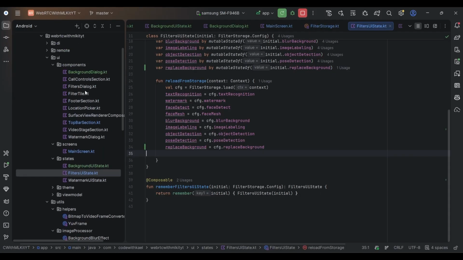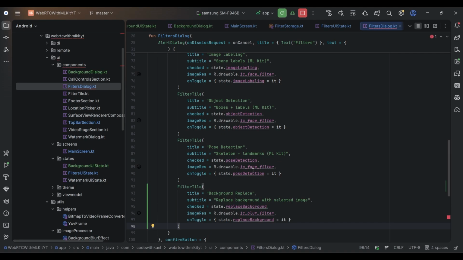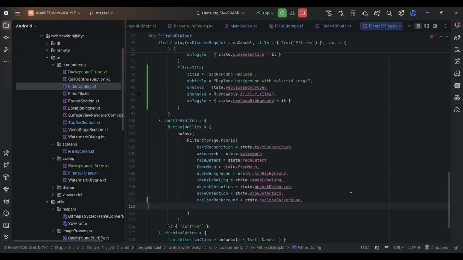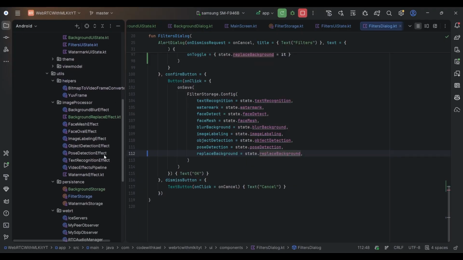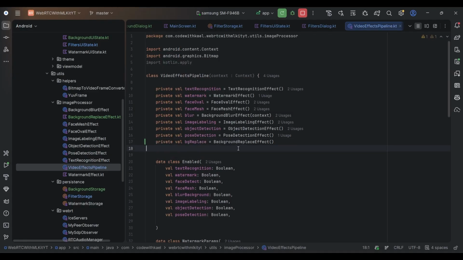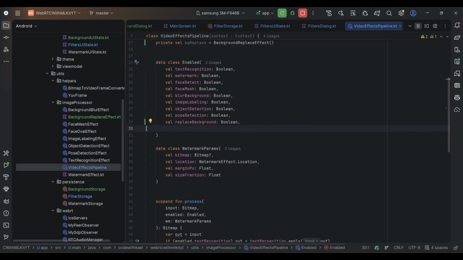And for the filters dialog, we wanna add a new filter title down below everything. And for the replace background, I'll simply use it from the state. Now it's time to go and add it inside the pipeline. So as usual, we use an instance of it, and inside the enabled class, I'll add the value of it